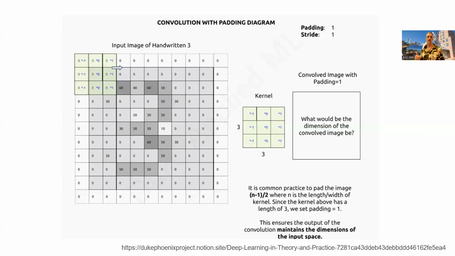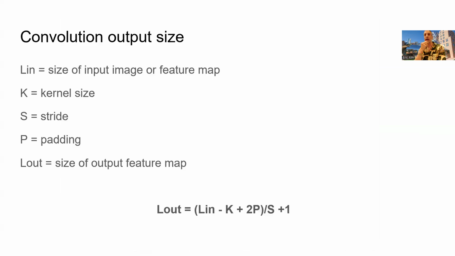I'm losing 2 spots. So if I want to have a bunch of convolutional layers one after another, the output is going to keep shrinking down and down. And so that may be a problem. And so what a lot of people do is they pad it so that the output actually equals the input size. And I can figure out what the output size of my convolution is by just this simple formula, which